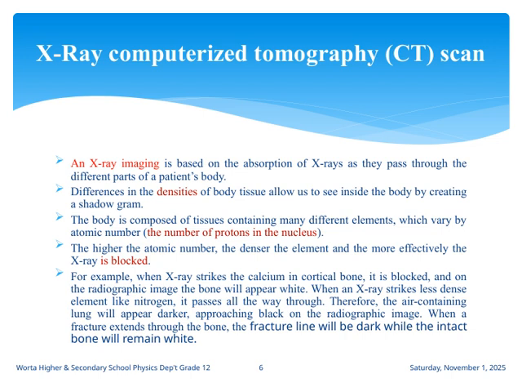On the other hand, elements like nitrogen, which are less dense, allow X-rays to pass through more easily. That's why the lungs, which contain air and are less dense, appear darker or almost black on the image. When there's a fracture in the bone, the fracture line appears dark because X-rays pass through the break more readily, while the surrounding intact bone remains white. This principle of differential absorption based on tissue density is fundamental to how X-ray images give us such detailed internal